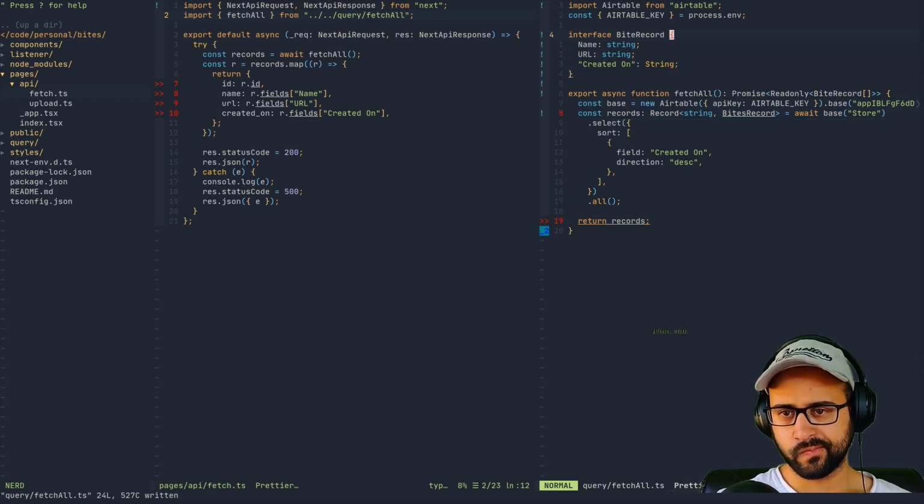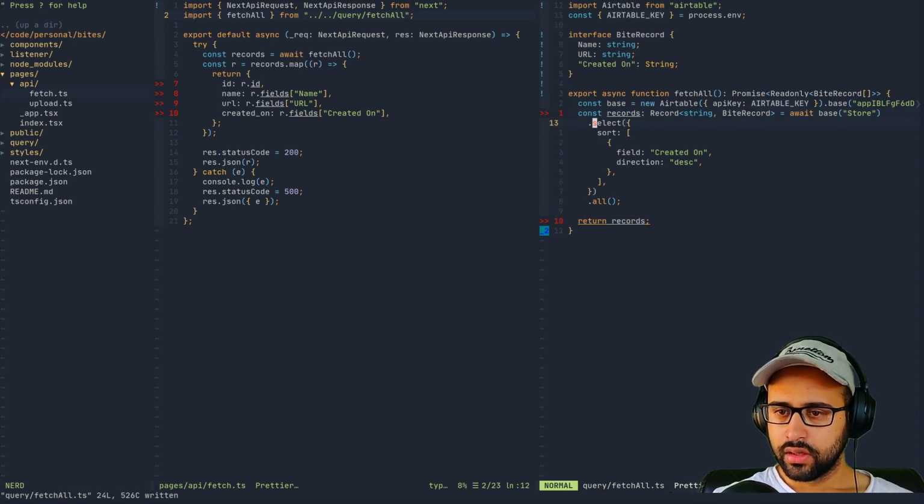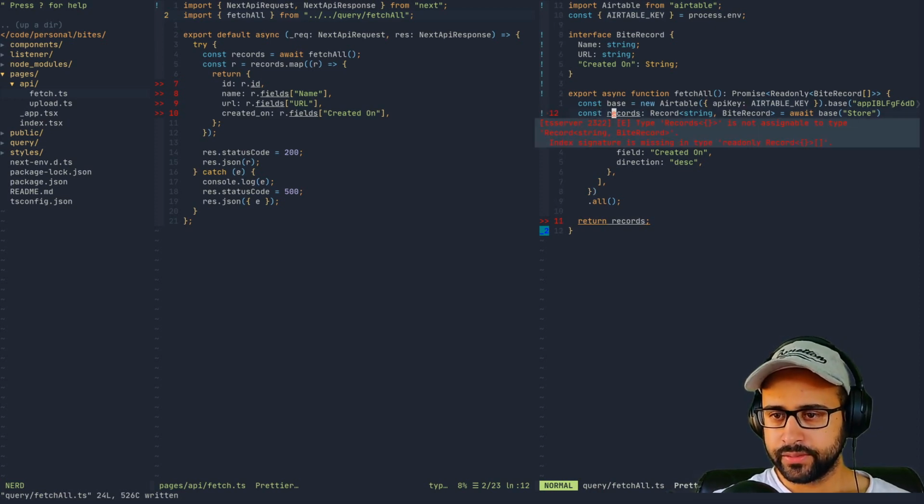So yeah, I'm saying that cannot find name byte record. That is all right. We already have it here. Just removing the s should be fine. But yeah, type records is not assignable to record string.